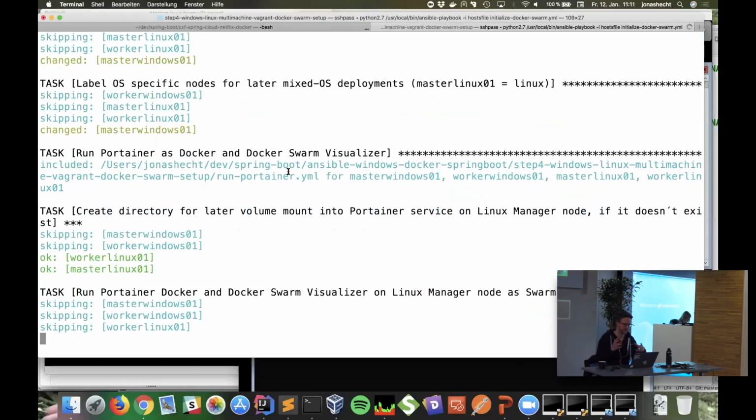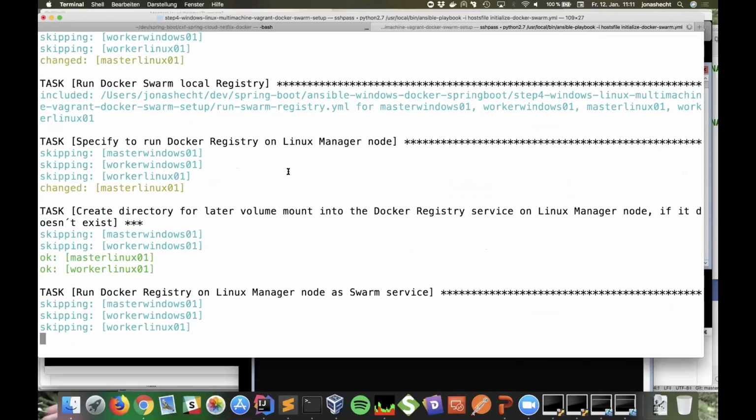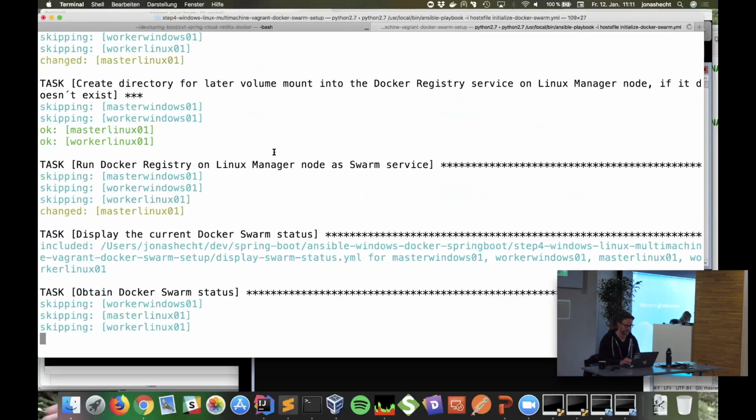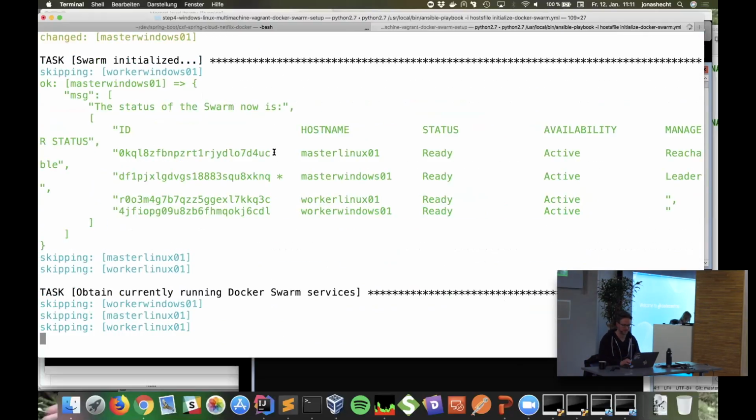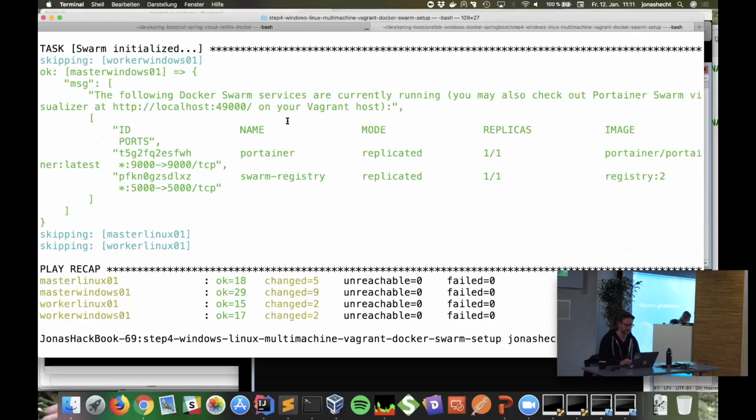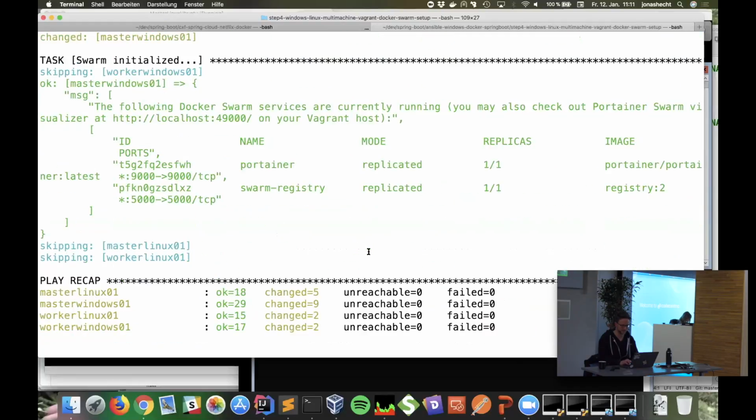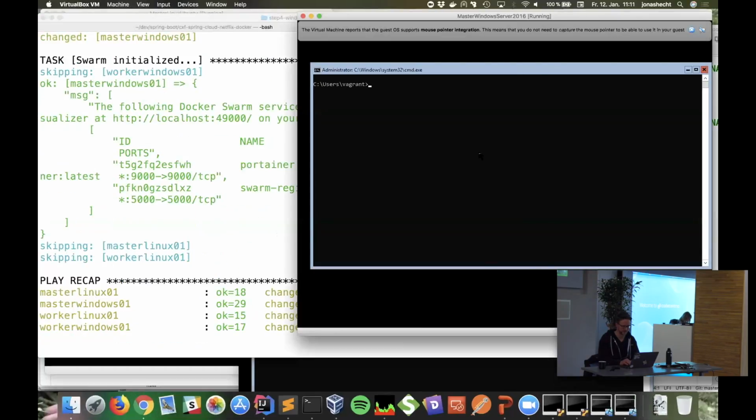Then we can label our nodes that, okay, this one is Windows, this one is Linux. Then we just run our local registry, our Docker Swarm registry, and then that looks good. We should have a running swarm here. So let's have a look onto the